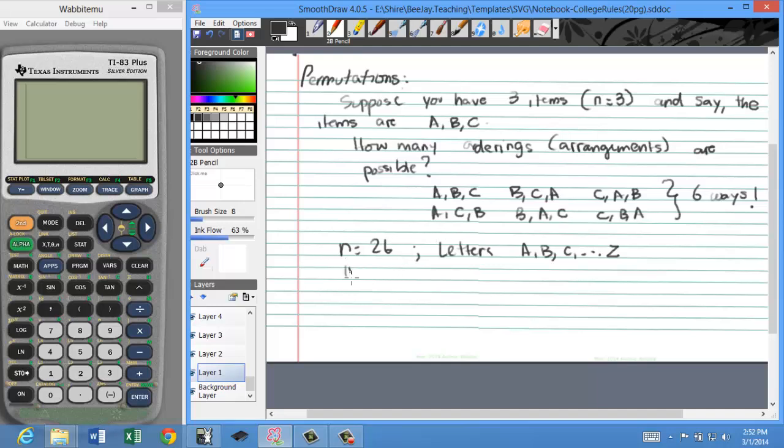So how many orderings are possible? Well, you can work hard and write everything out. It might take all eternity, or you can just realize that this is nothing but n factorial. So it is 26 factorial, which would just give me an answer of